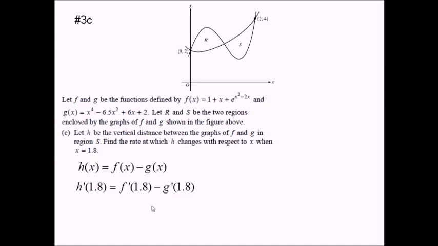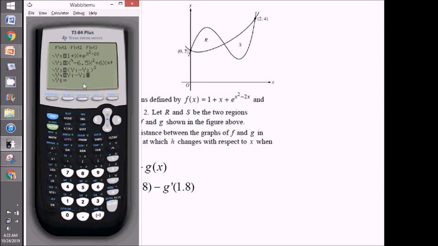So let me do this on the calculator now. I'm going to be a little bit clever about how I do this on the calculator. I'm actually going to put basically f minus g in y4, and then I'm just going to take the derivative of y4 at the x value 1.8. So this is one way of doing it. Let me just show you that. So math 8 derivative dx, and now I put f minus g in alpha trace y4, derivative at 1.8, enter. Gives us about negative